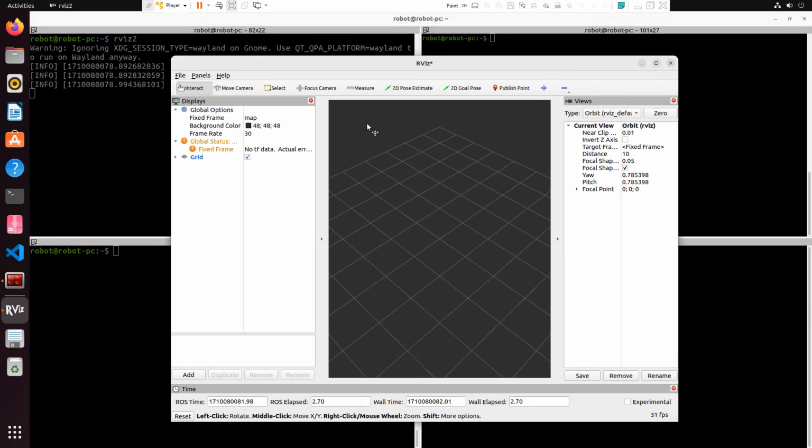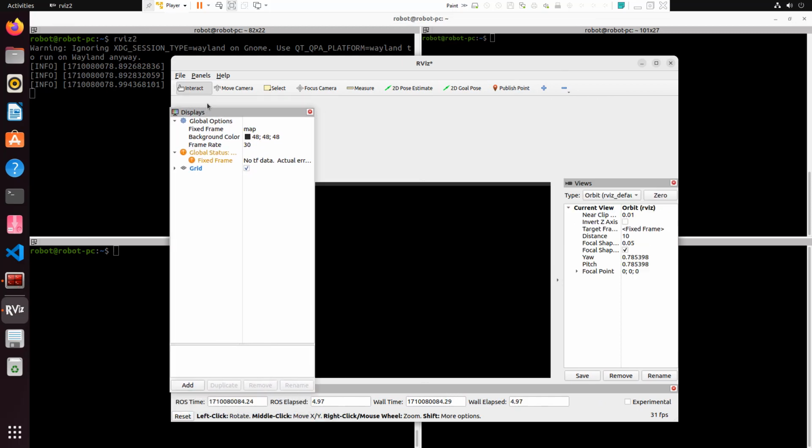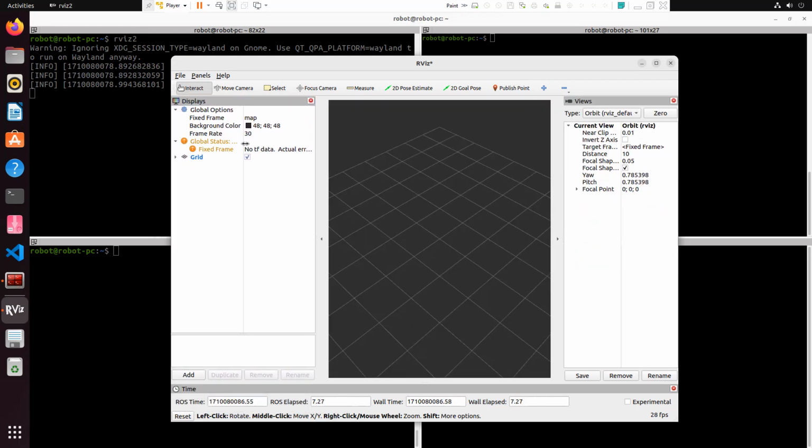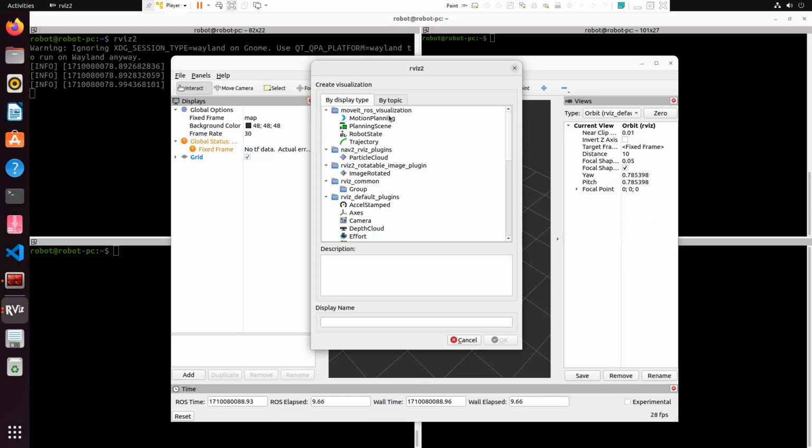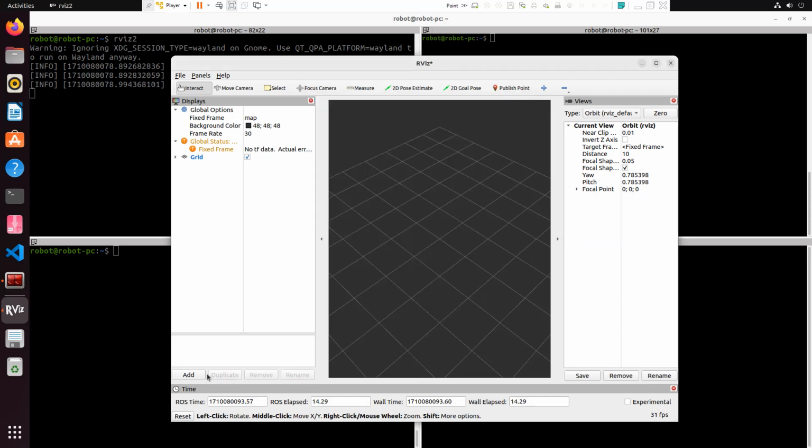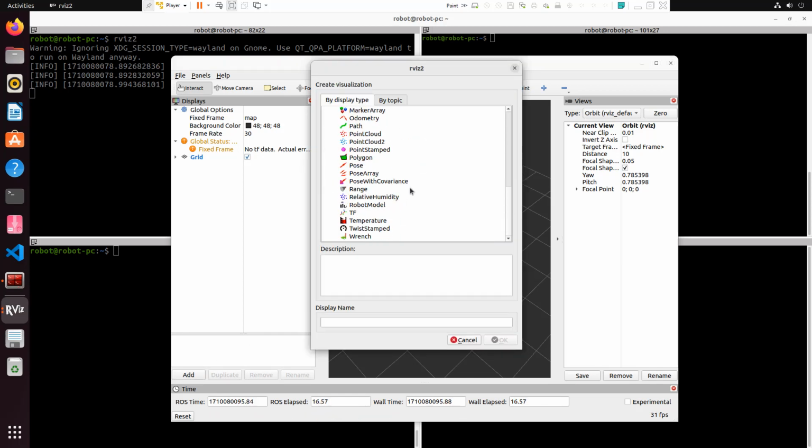you can see a set of display types here, right? So what is a display type? A display type is simply a plugin. If you press add, you can find a list of display types. These display types are actually plugins. And what is the use of this plugin? This plugin is used to display something, to visualize something. We will be seeing an example for the display